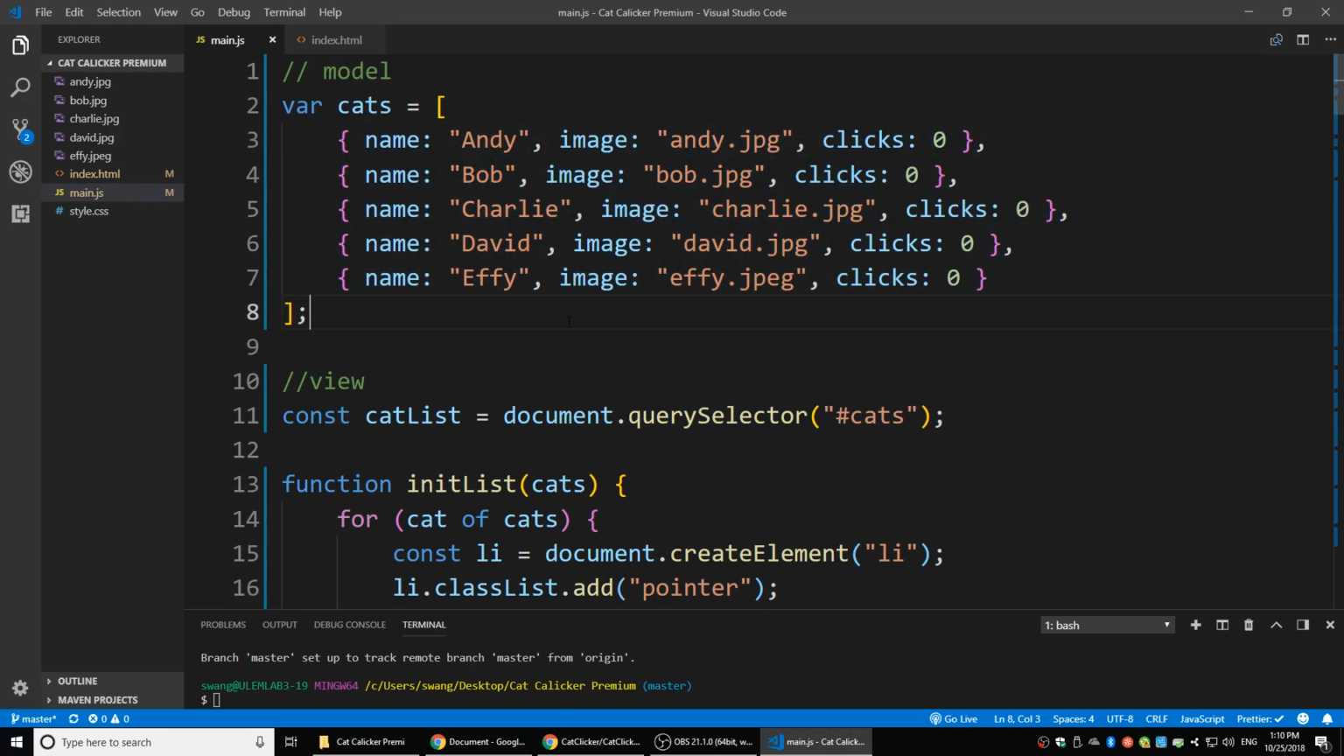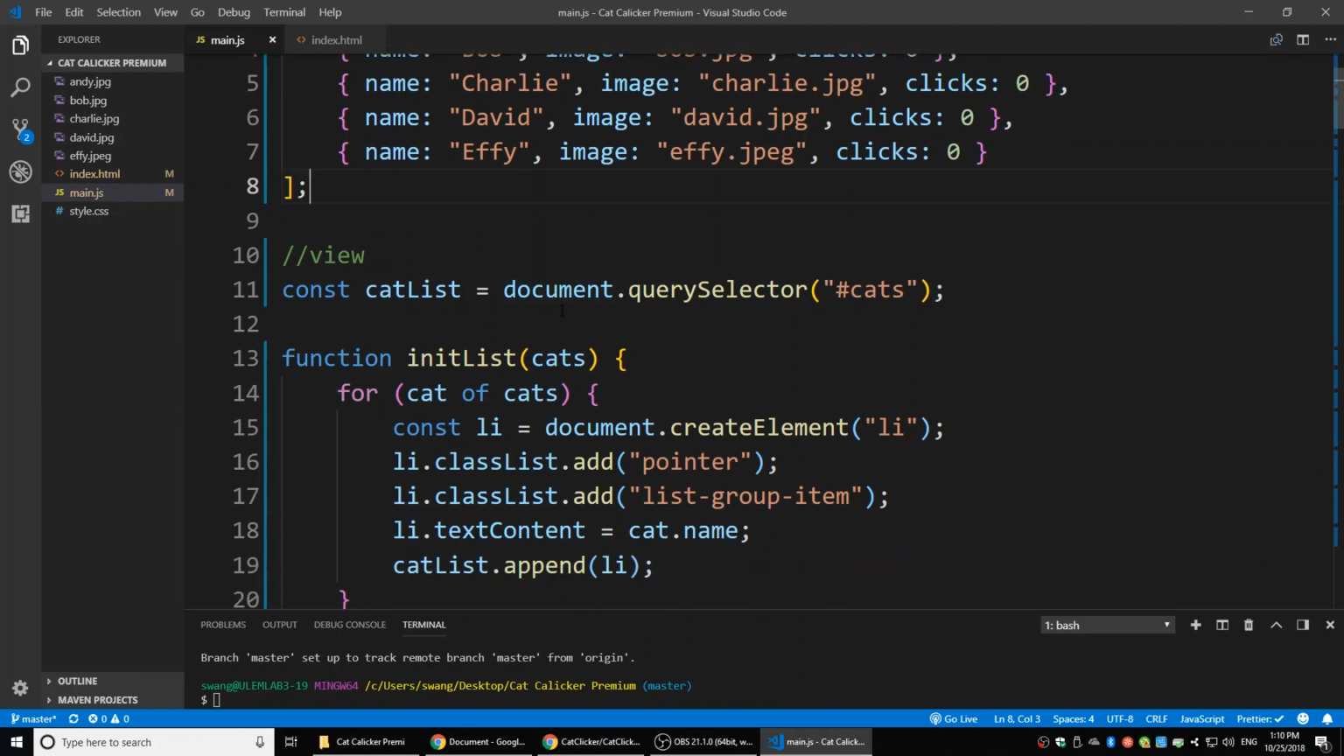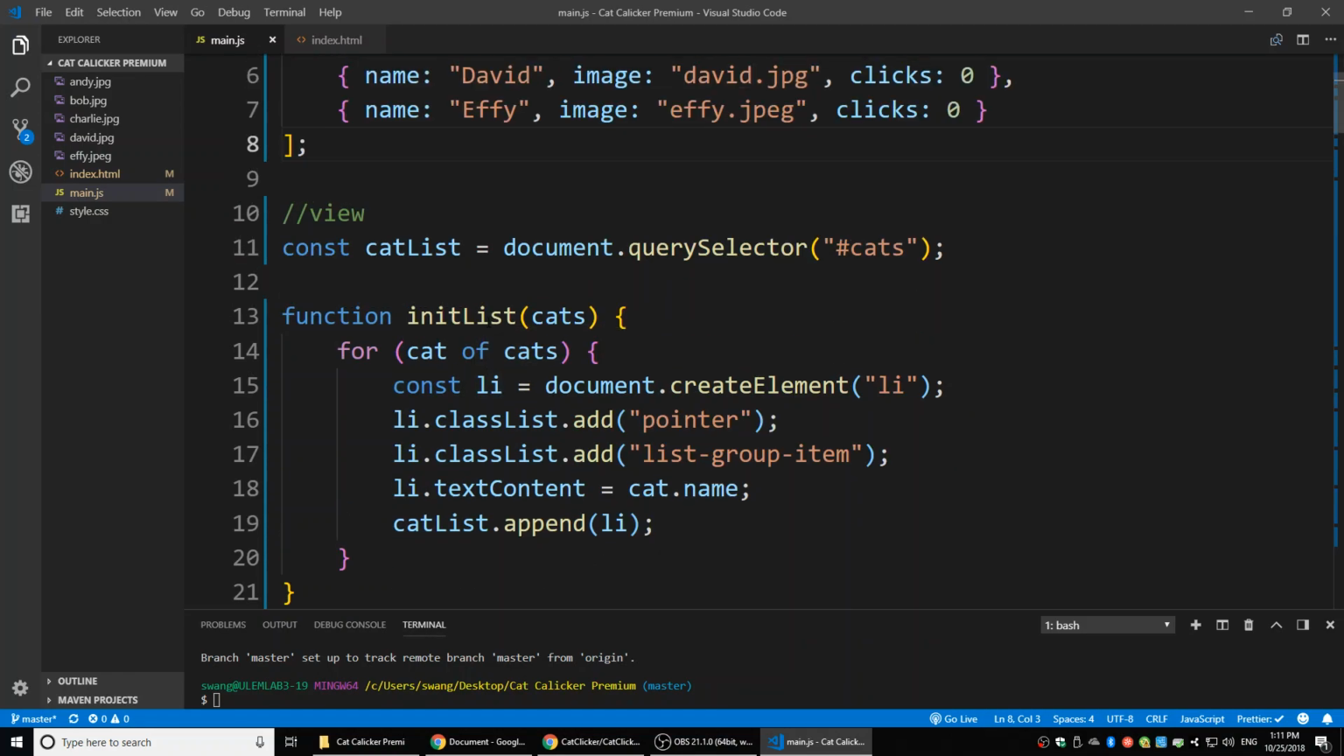and going to dynamically keep looping from the list in my module. Like I have five cats here, and for every cat I have there, it's going to create a list item and add the cat name as the content of that list item, and then we're going to add those list items one by one to the list in our DOM. Right? So